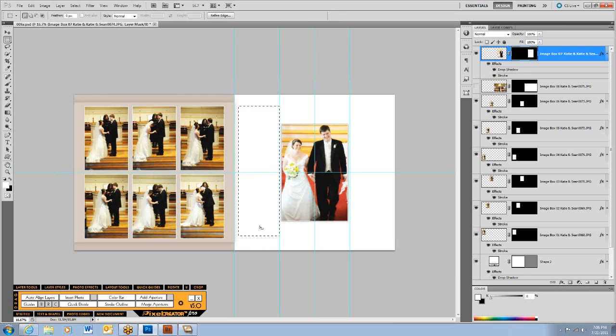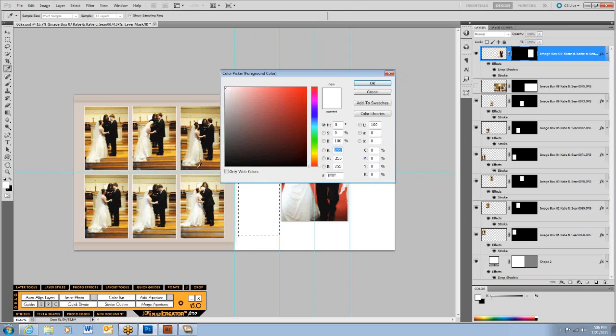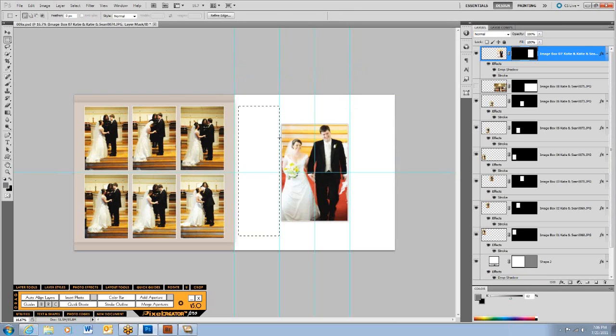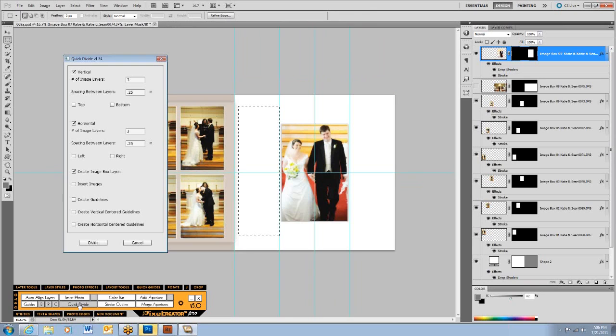What I would propose is that we use the Quick Divide tool. Let me change my foreground color to something. Doesn't matter what it is. But what I would propose is using the Quick Divide tool. And what we're going to do, you know, we only have so much room to work with, but we'll go ahead and choose Quick Divide. There it is. So we're going to divide vertically by 3 image openings, and we're going to use a spacing of